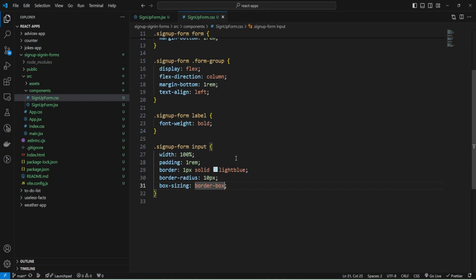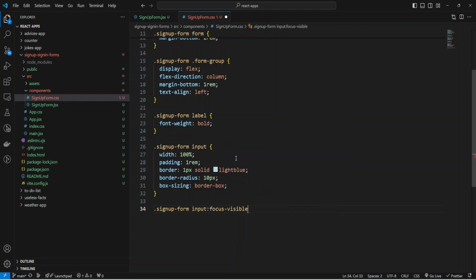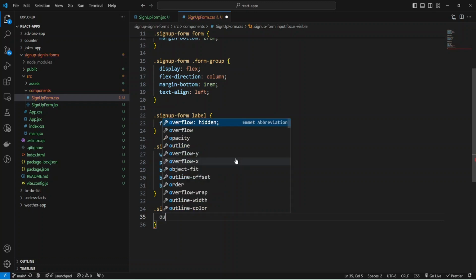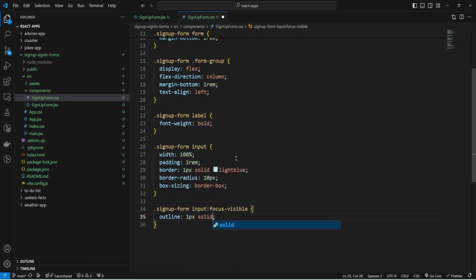Let's do it. And now I can use my sign up form and provide styles for input, and add pseudo class focus visible, and change the color for outline will be 1 pixel solid blue.